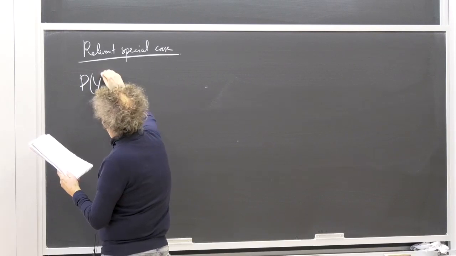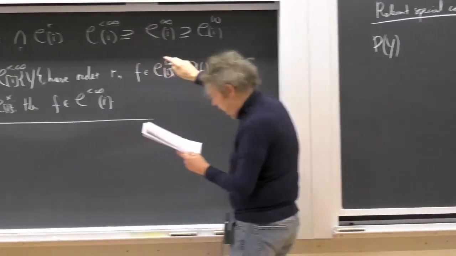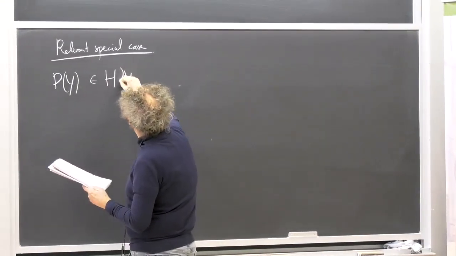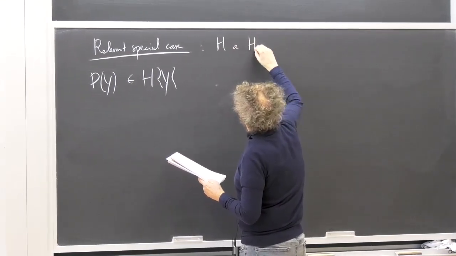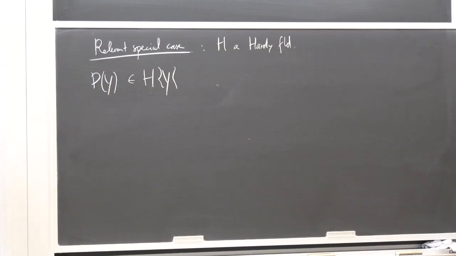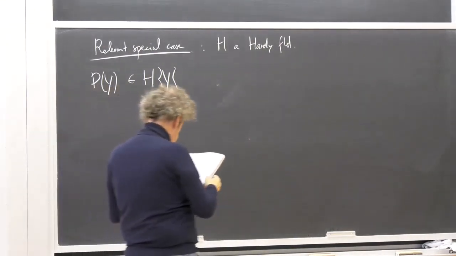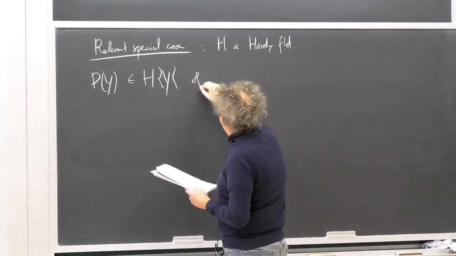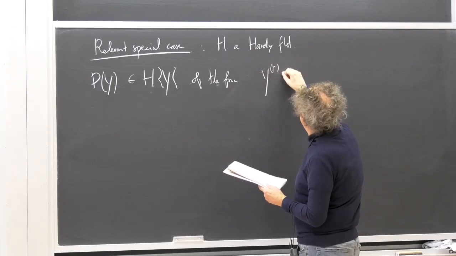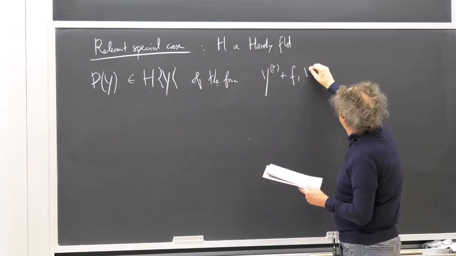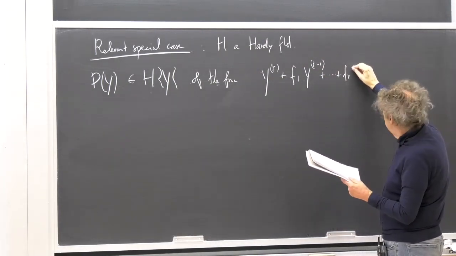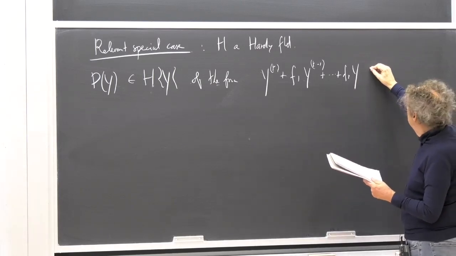So here P(y) is now an element of, so here, I'm now H a Hardy field. And now P(y) has coefficients in H, so in particular in here. And of the form, I'm basically writing a linear, degree 1 part, the degree 1 differential polynomial, followed by a remainder,